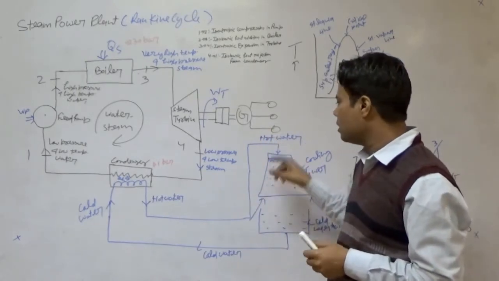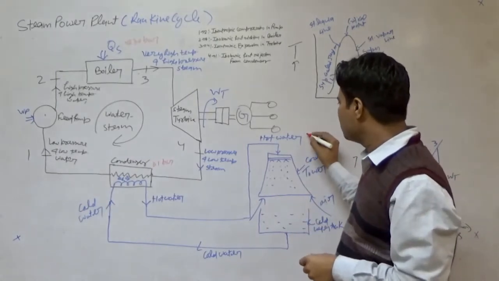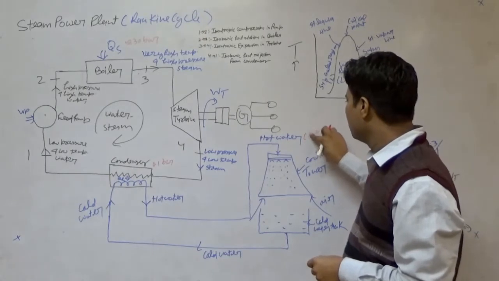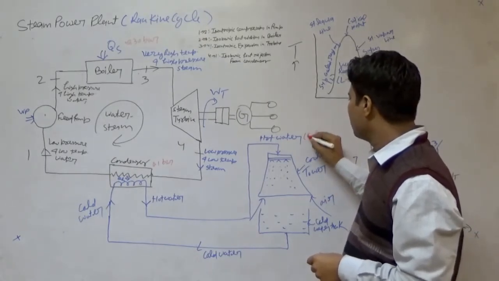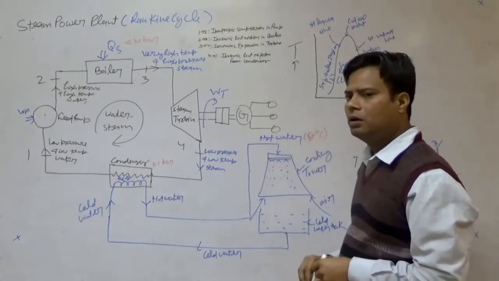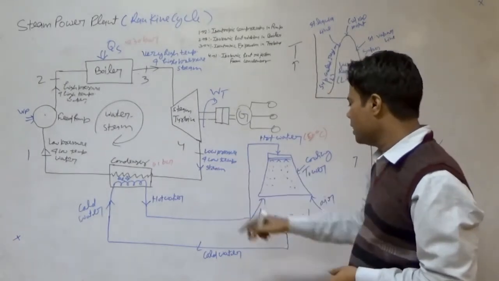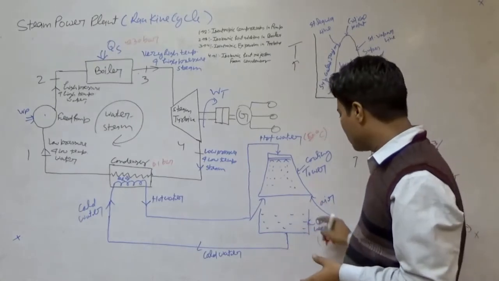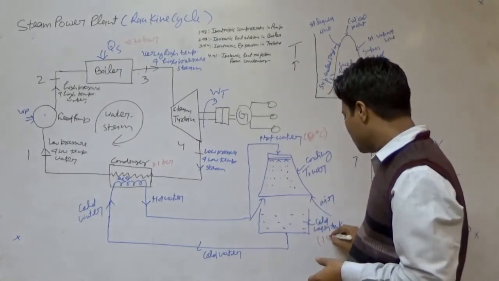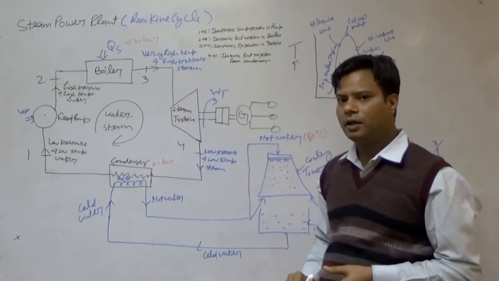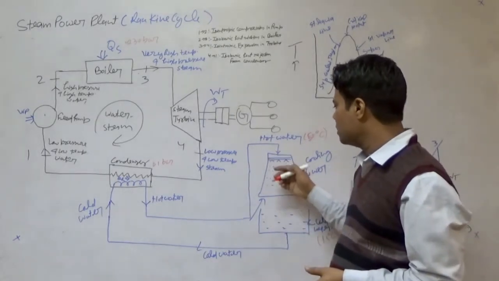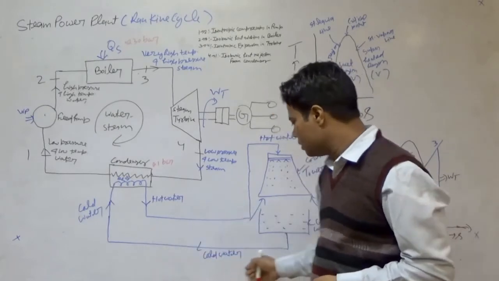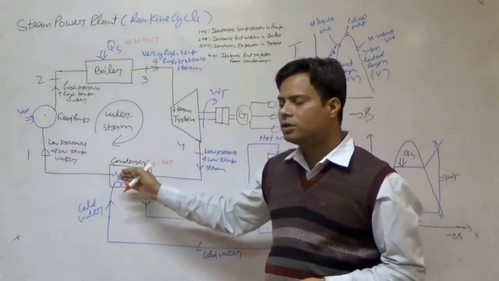Here we are seeing that suppose 50 degrees centigrade hot water is coming from the condenser outlet, and the cold water we are getting is approximately 15 degrees centigrade. This conversion takes place inside the cooling tower, and with this cold water, the condensation process is